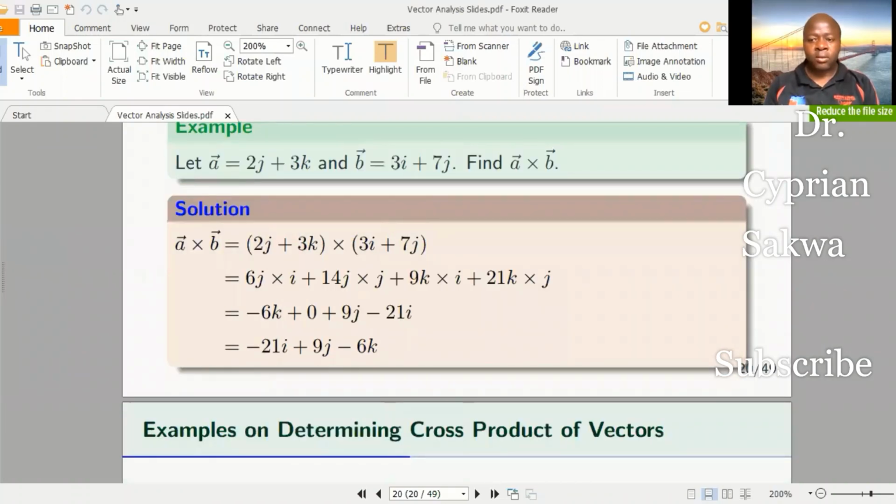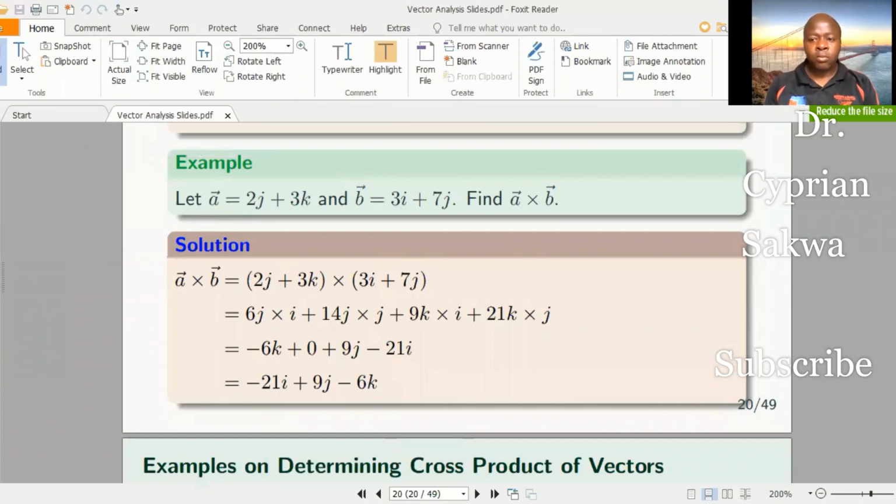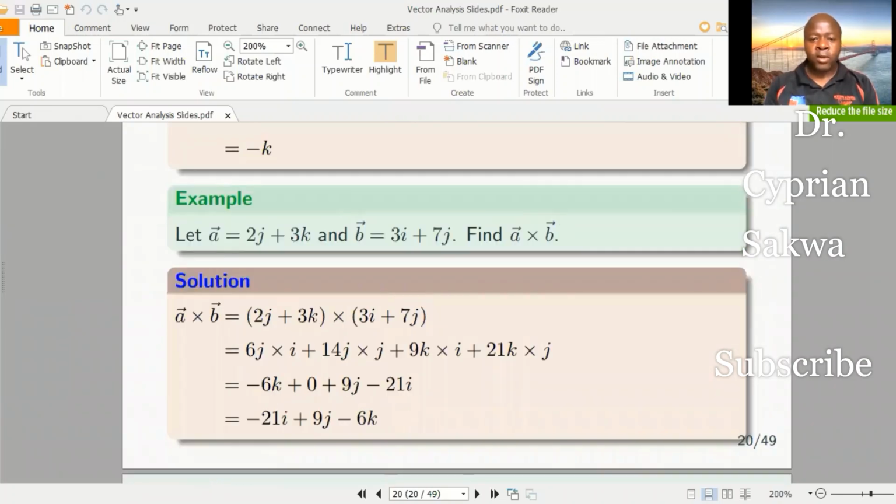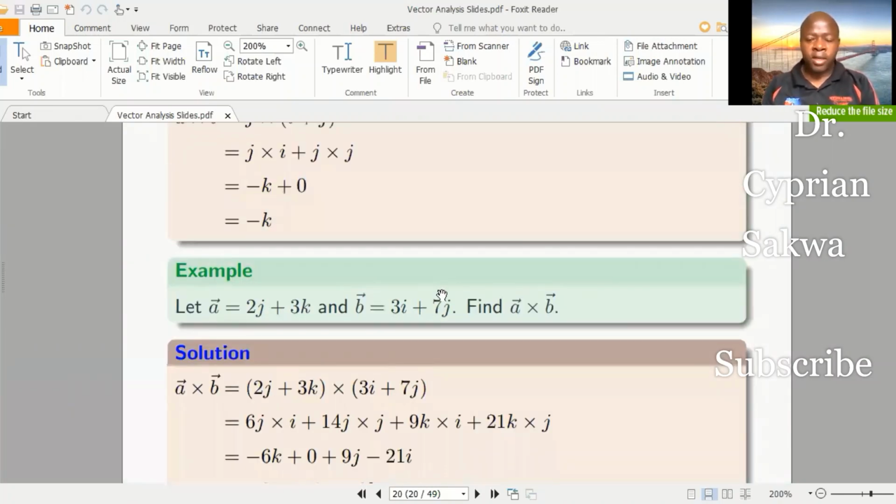So that is how to multiply or find the cross product if you are given two vectors. We'll look at other examples on how to get the cross product in our next